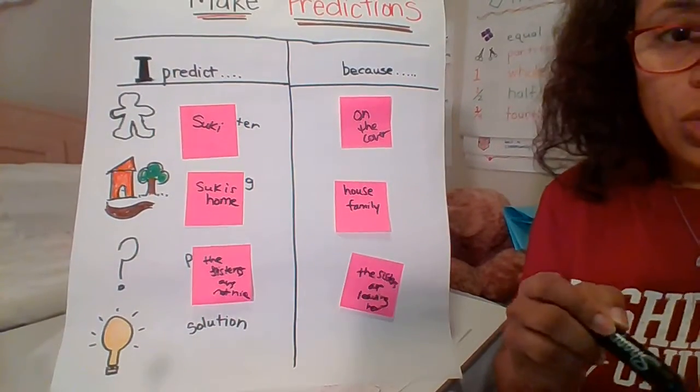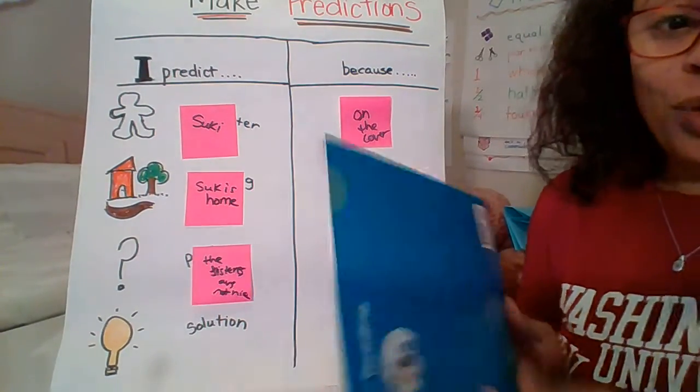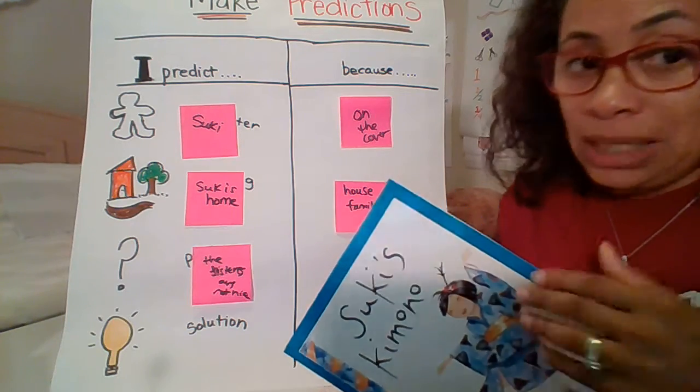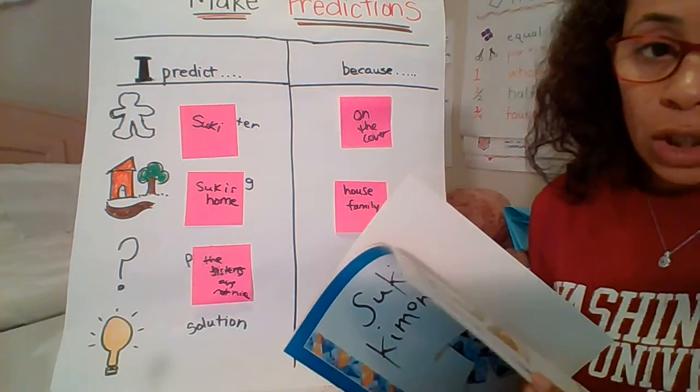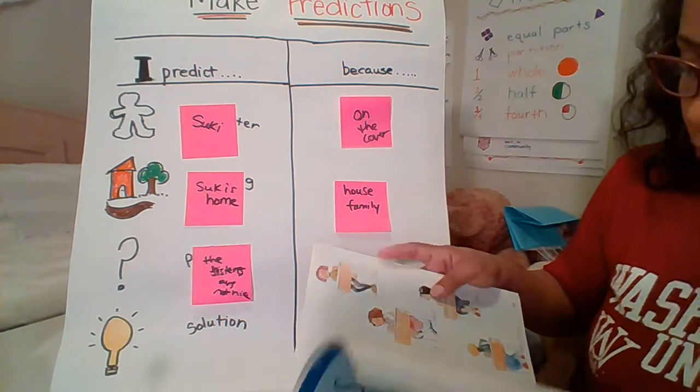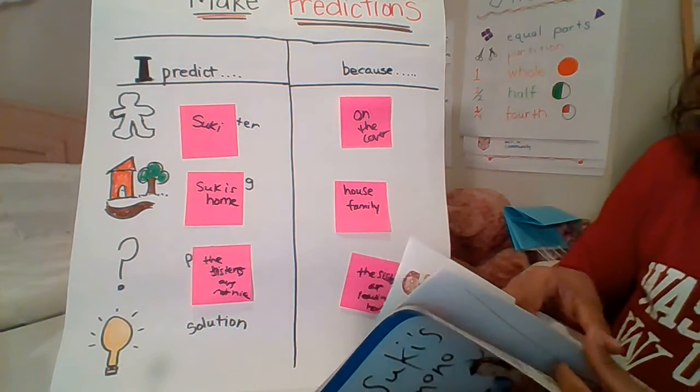Now for the solution. The solution to the story. That's going to be really hard. But I know where to find the solution because whenever I'm studying plot, I've already learned that the solution of the story is always going to be revealed at the end. So when I go to the end of the story,